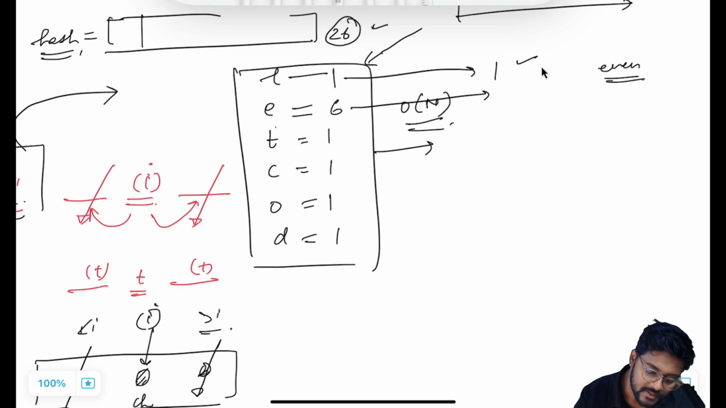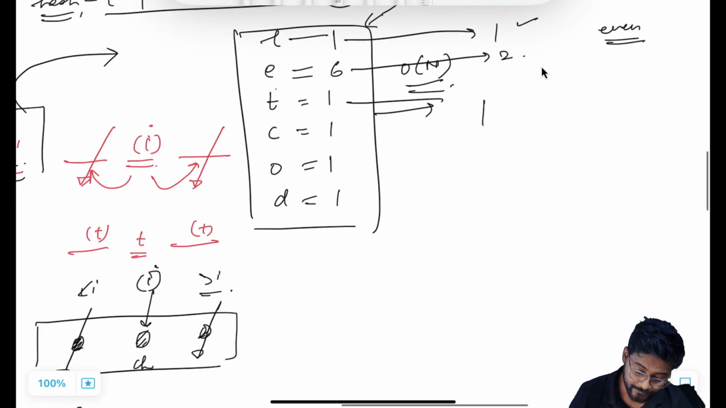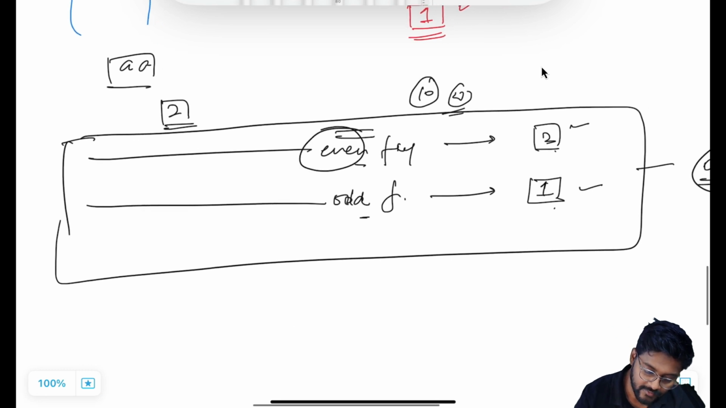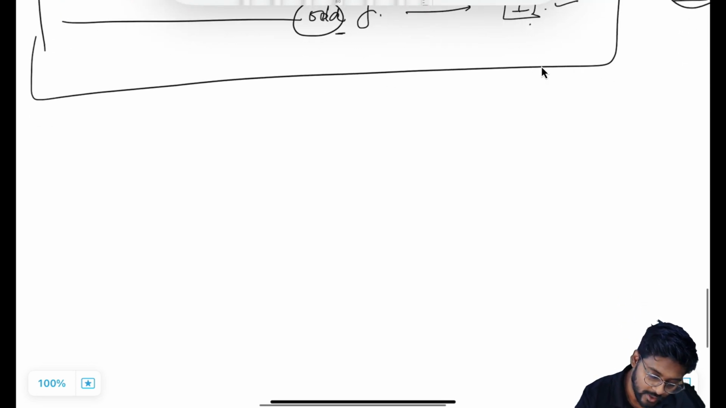Even, it means I can reduce this frequency to 2. All are O1, so they will remain 1. So I'm going to use this logic. If it is even frequency, I will consider only 2 in that case. If it is odd, consider 1. So what I can do is,